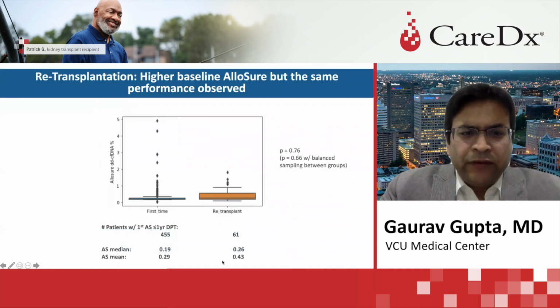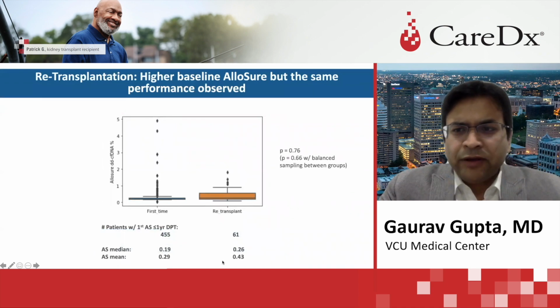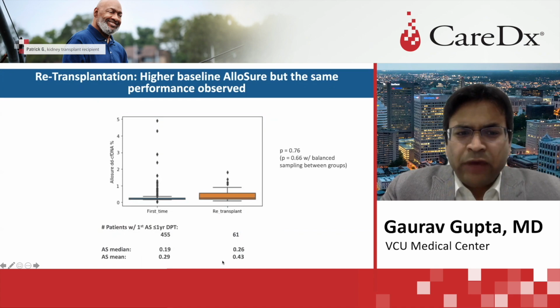Finally, previous studies have excluded patients with previous failed kidney transplants. ADMIRAL, on the other hand, included 60 retransplant patients. What you can see here is that these patients had a slightly higher baseline AlloSure than de novo transplants. But the performance characteristics with regards to rejection for these patients was similar to de novo patients, although that slide